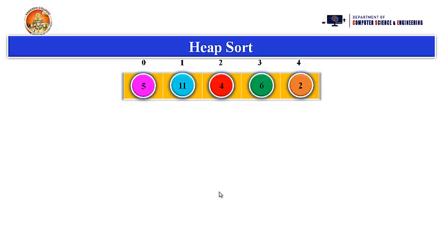Now see this one. I am taking the pointer. It is pointing to the first index position, that is the 0th index position. Take the 0th index position element as a root node. Then move to the next index position. The element is 11. Take that as a left child of 5. Why? Because the heap tree is a complete binary tree. So when you are filling the elements in a tree, first fill the left subtree or left children, then go to the right children. So we need to take the 11 as a left child.